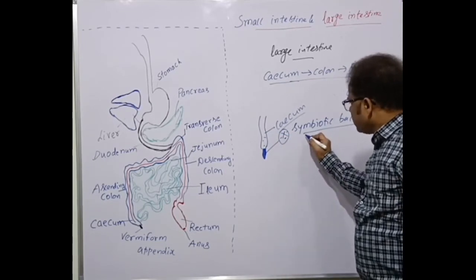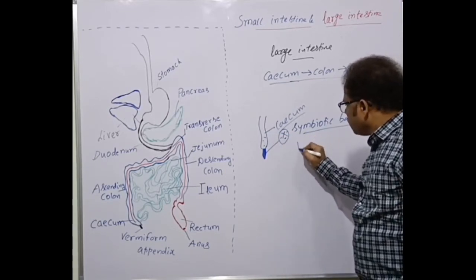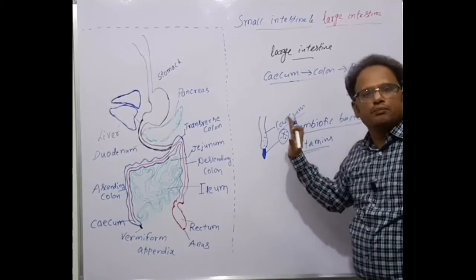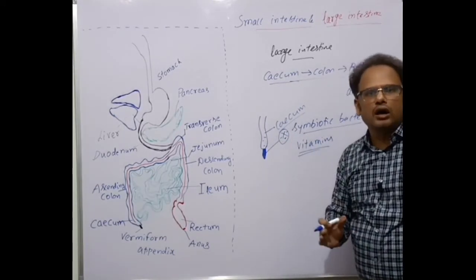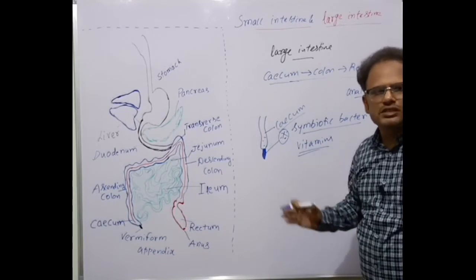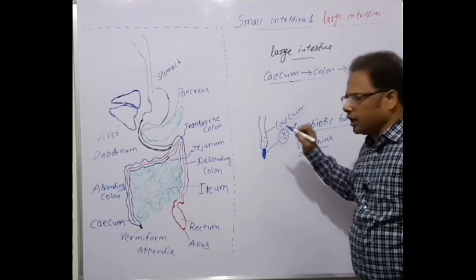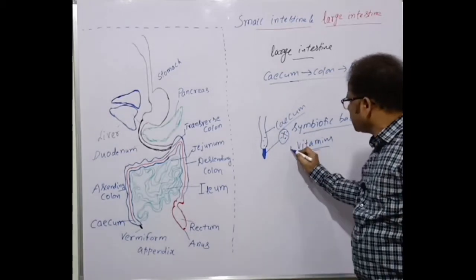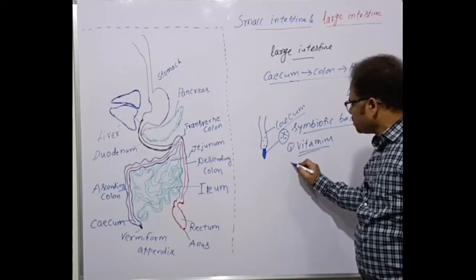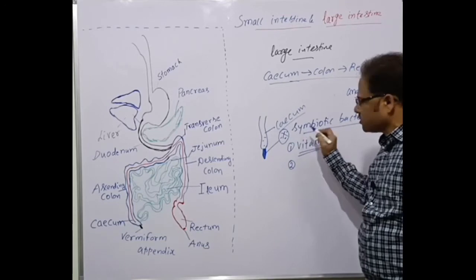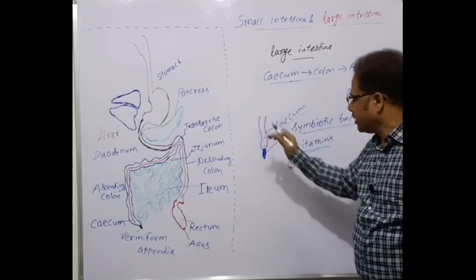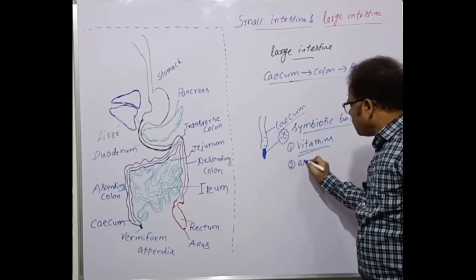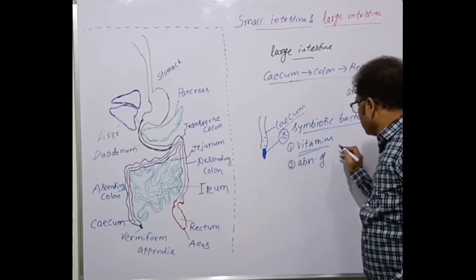So bacteria produce various vitamins and other nutrients for the benefit of human beings. In this way, humans are benefited because of the presence of bacteria in the cecum. So there is mutualism, symbiosis here. That's the first function of the cecum, vitamin and other nutrient production because of symbiotic bacteria. And the second function in the cecum is the absorption of water,